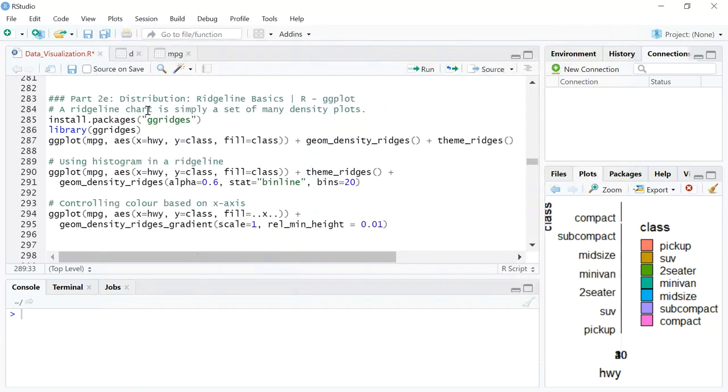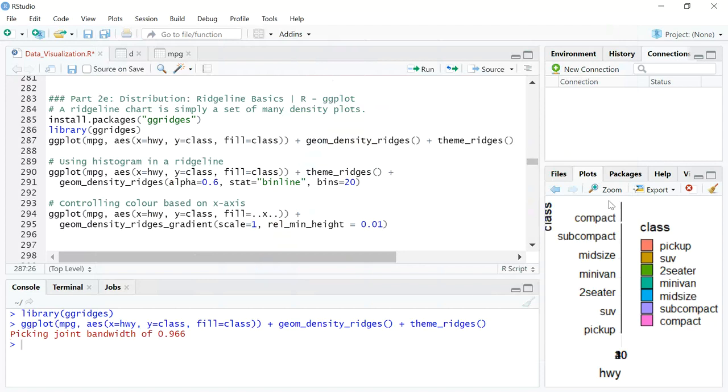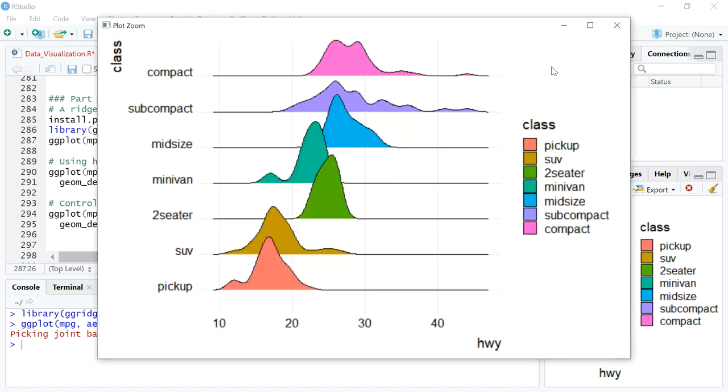So we'll get into the action. We'll look at what we need to plot this graph. We'll definitely need the ggplot package, and I'm assuming ggplot is already installed because it's the 13th video in the series. But here we are going to install something called ggridges. The moment you install that, you will also have to call the library. I've already installed it; those who have not installed it should install it, and let me just run the code. So this is the same graph that we saw just a moment back.